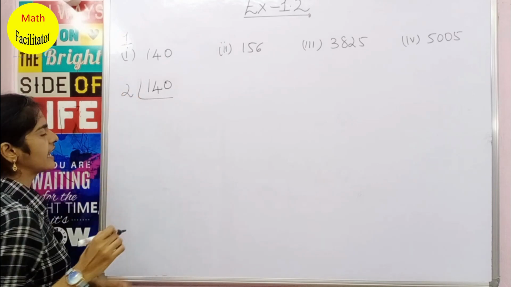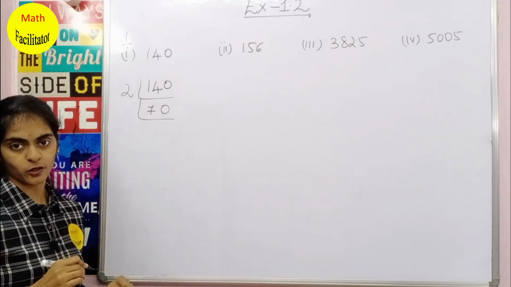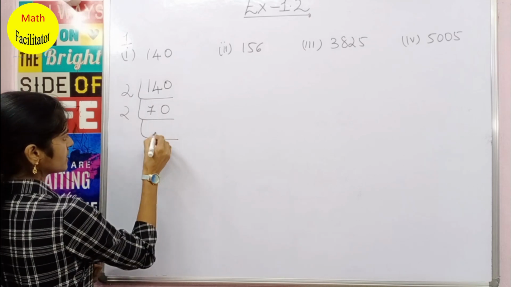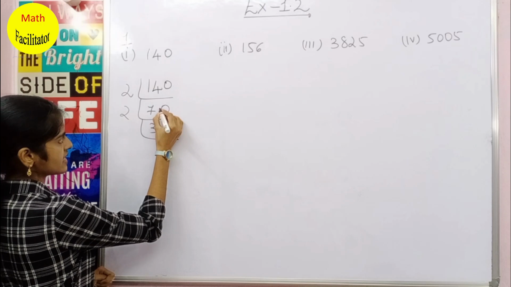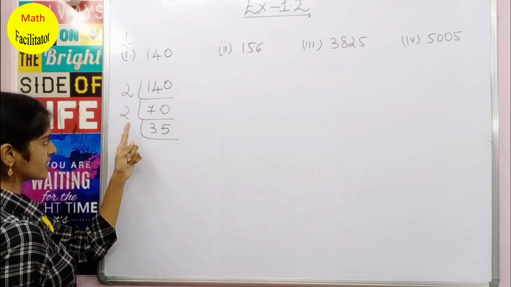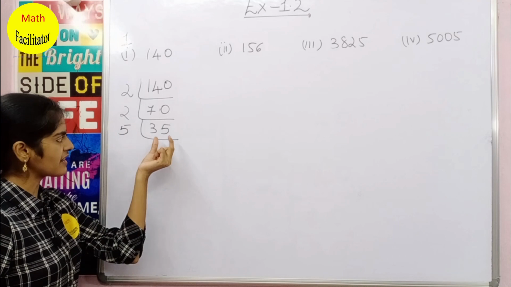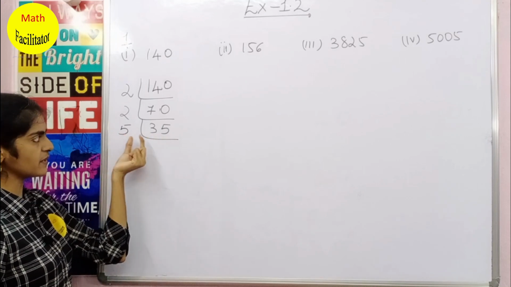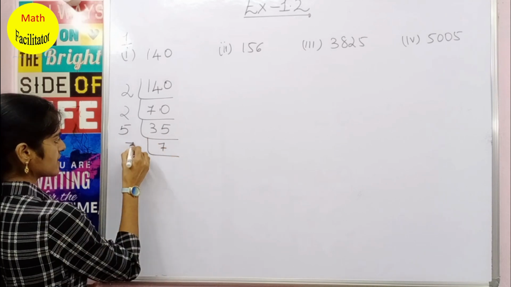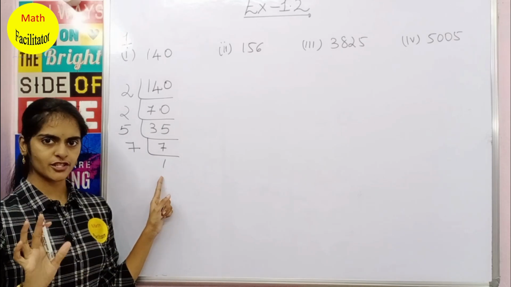You know that it divides with 2 tables, so 2 7s are 14, 2 zeros are 0. So 2 70s are 140. Now again 2 3s are 6, and 1 is left over. Now this becomes 10, so 2 5s are 10. So 2 35s are 70. Now let us take 5 tables. Since you have 5 in the units digit, you know that if you take 5 table, it divides 35. So 5 7s are 35. Now 7 is a prime number, so you will take 7 directly. 7 1s are 7. Now when you get 1, you will stop the process, right?